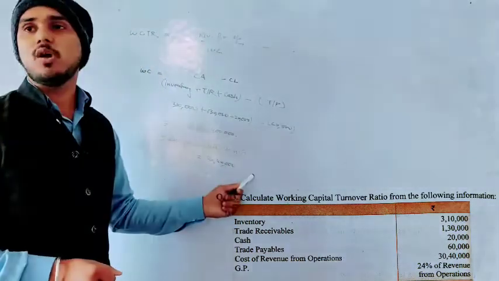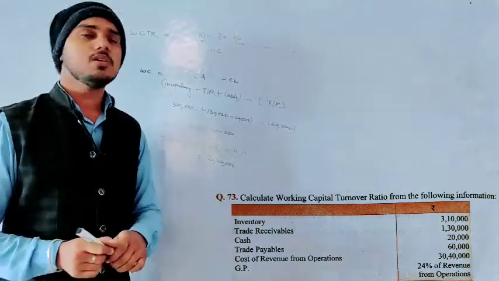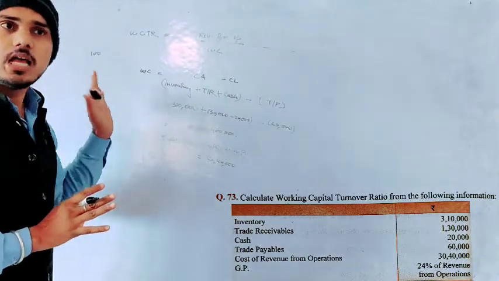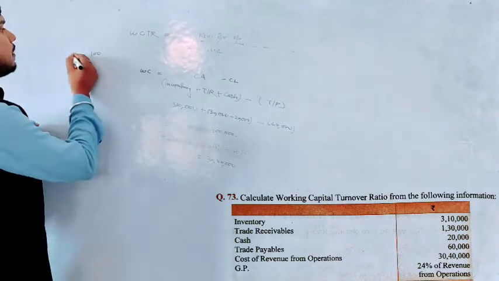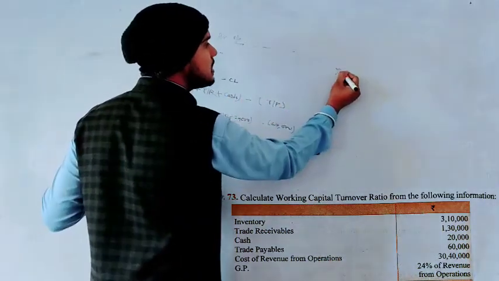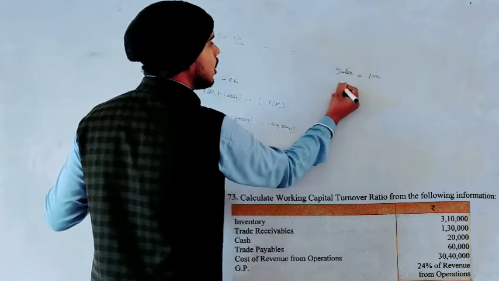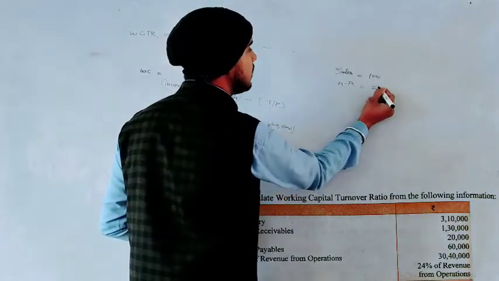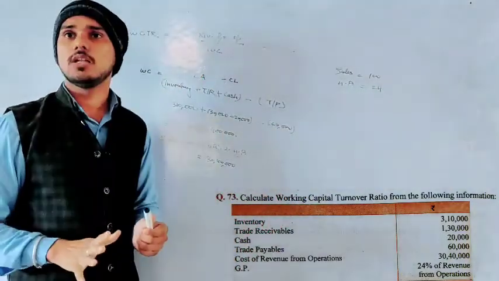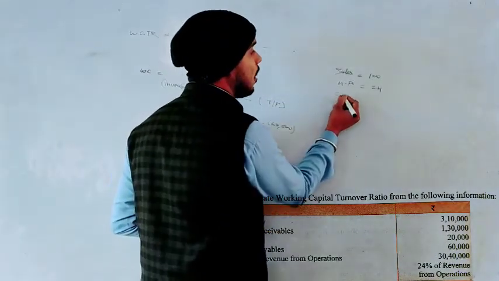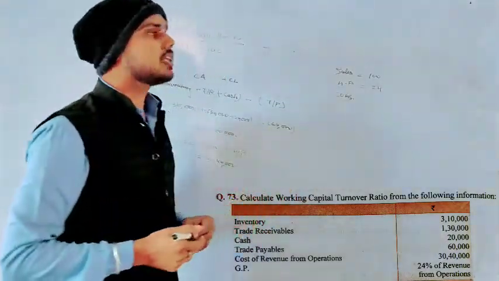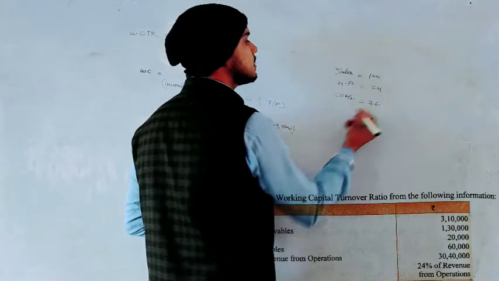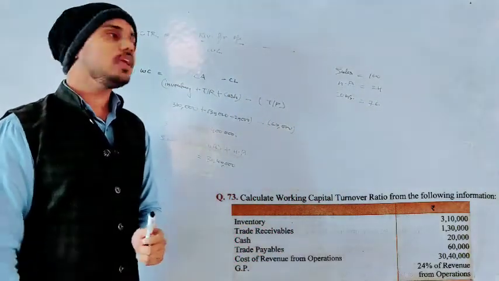Now the problem is sales is not there, so we cannot calculate 24%. Now let's suppose sales is 100, right? Sales is 100. So gross profit will be how much? Okay, let's write it here. If sales is 100 and gross profit rate is given as 24% of sales, in that case gross profit will be 24 rupees, right? If I ask what will be our cost, you will deduct the gross profit, sales minus gross profit. So then our cost of goods sold will be 76 rupees. Any confusion?